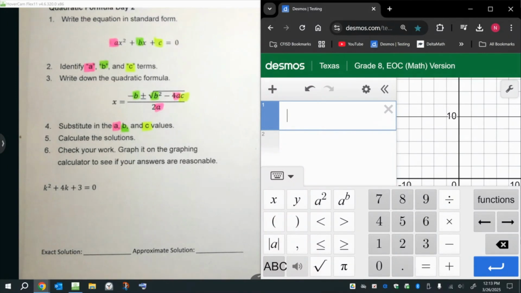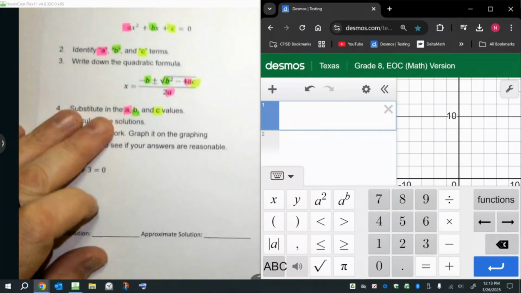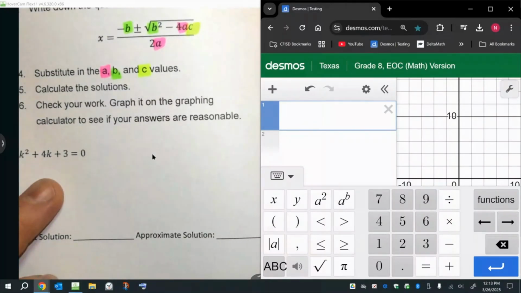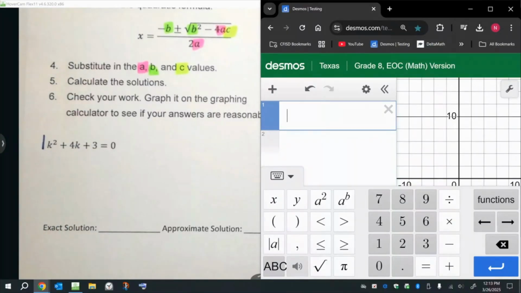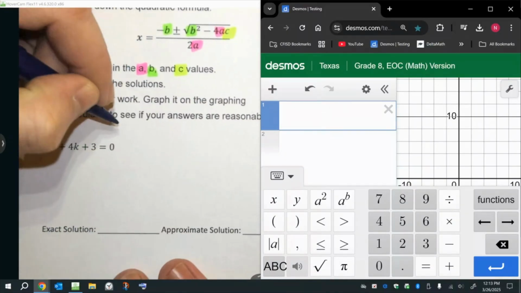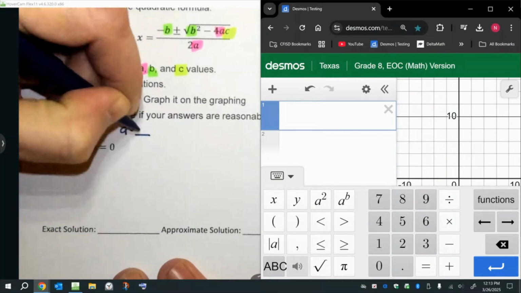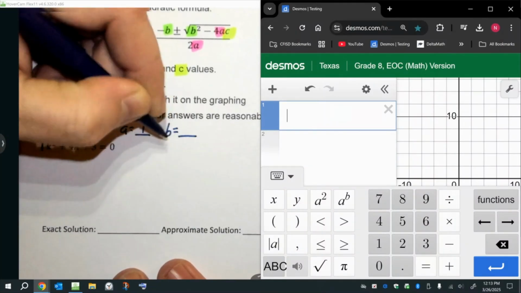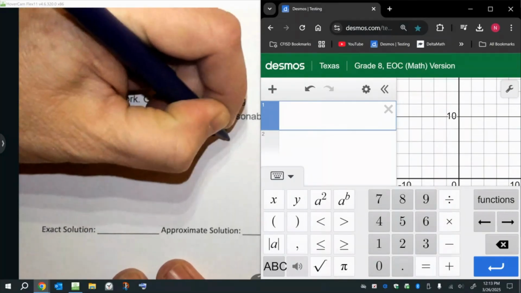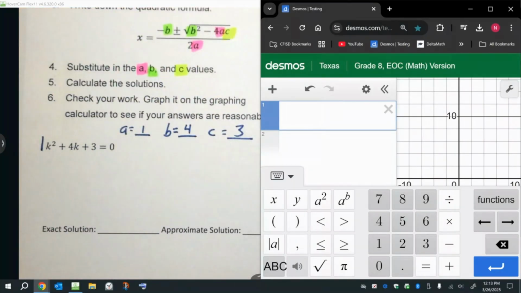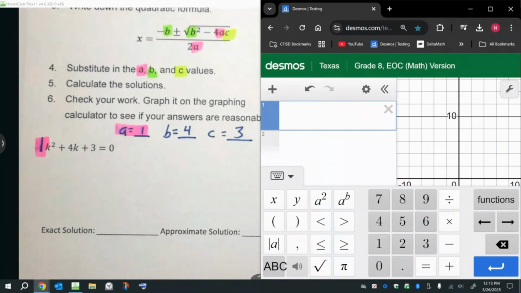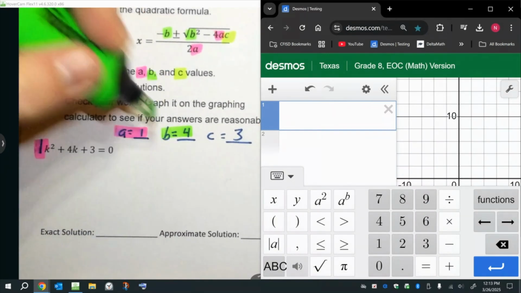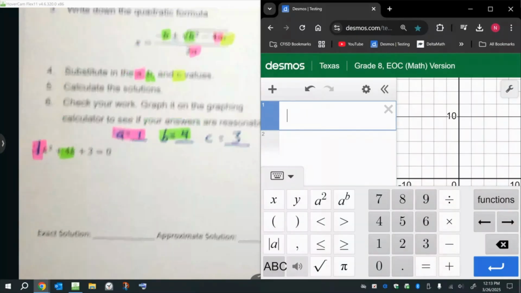Let's take a look. Is it in standard form? Yeah, it's in standard form. Of course, look at that, it equals 0. How about that? So it's in standard form. Let's make this a 1. Okay, and we'll go ahead and say A equals 1, B equals 4, and C equals 3. So we have A, that's my pink highlighter, B, my green highlighter, and for the weirdo,